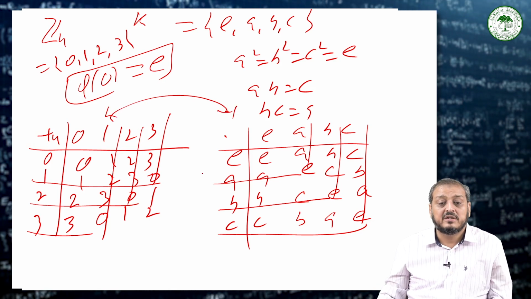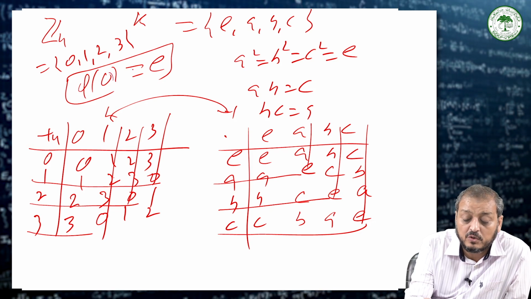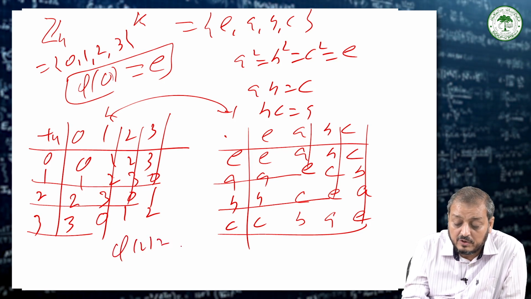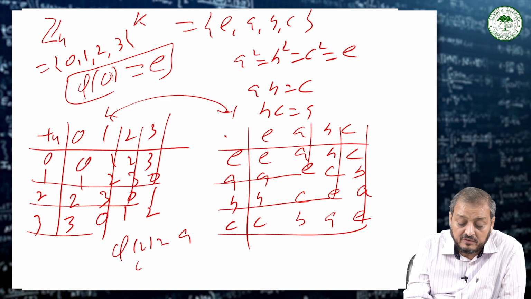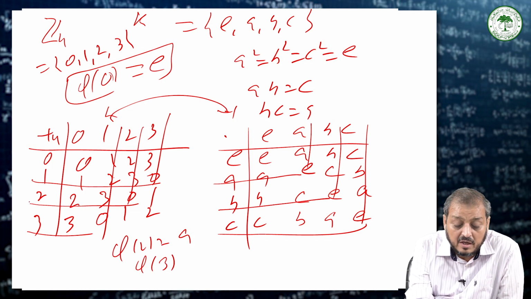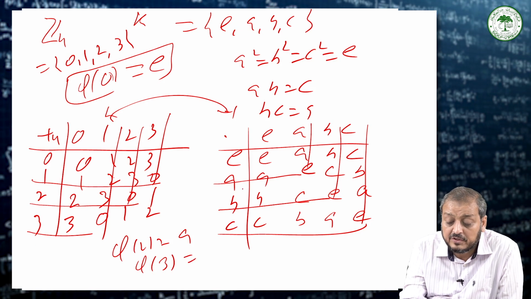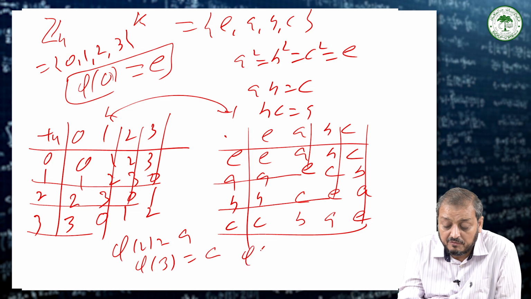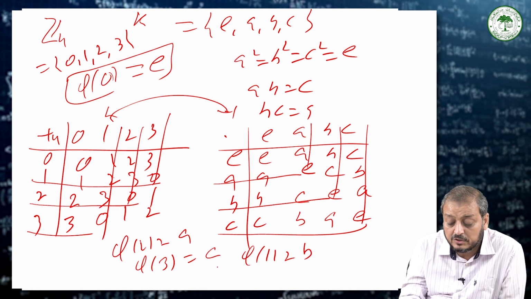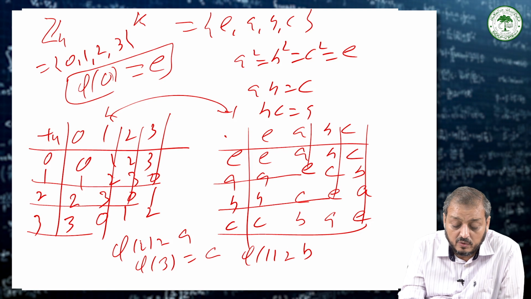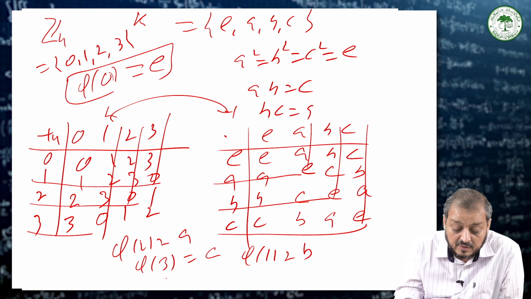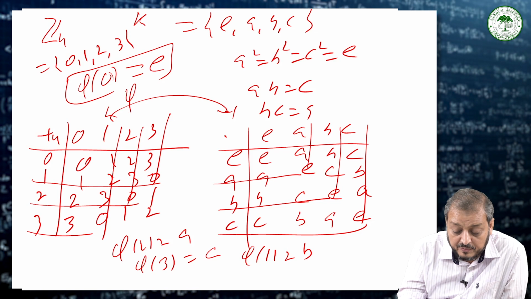We can show that there is an isomorphism into this: phi of 0 is equal to E, and then for 2, mapping 2, you can say that phi of 2 is equal to, suppose A. Then if phi of 2 is equal to A, we can say that phi of 3 is equal to, you have to check, because phi of 1 is the inverse of phi of 3, so phi of 3 is, suppose we have C, and then phi of 1 is equal to, the only one left, B. Now if you try this in this form, that means every element has an image in this; we have to check whether this composition is homomorphic, preserving or not,